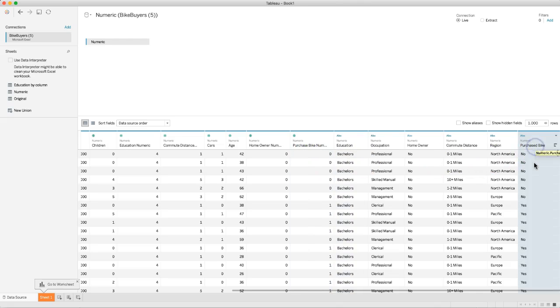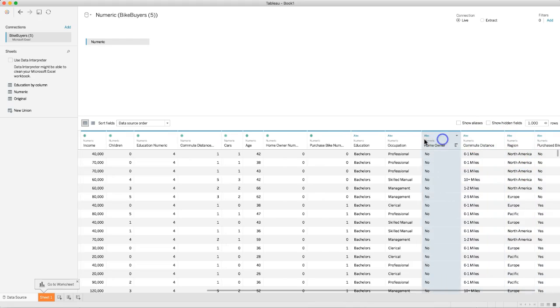So here's my dependent or outcome variable that I'm interested in, purchase bike. So let's start by identifying that one. My most important outcome here is whether or not someone's going to buy my products. That's what I'm trying to encourage or fix or enhance or do something with. Everything else,